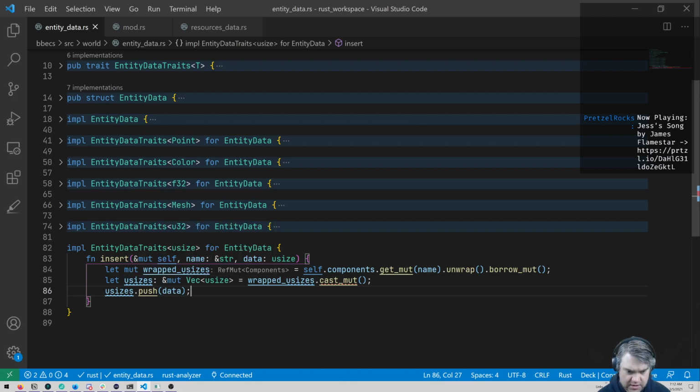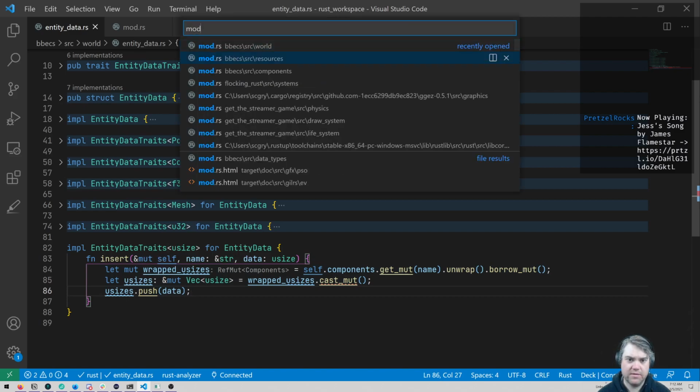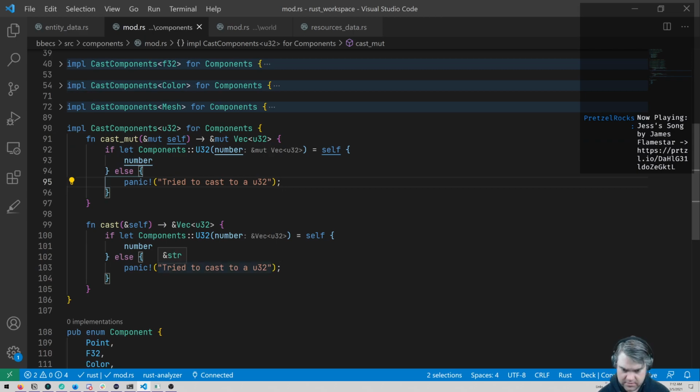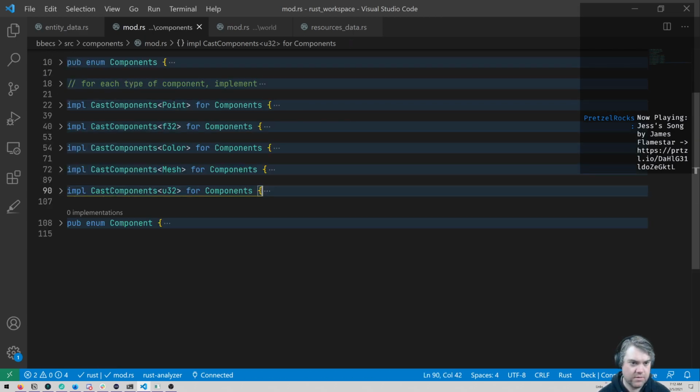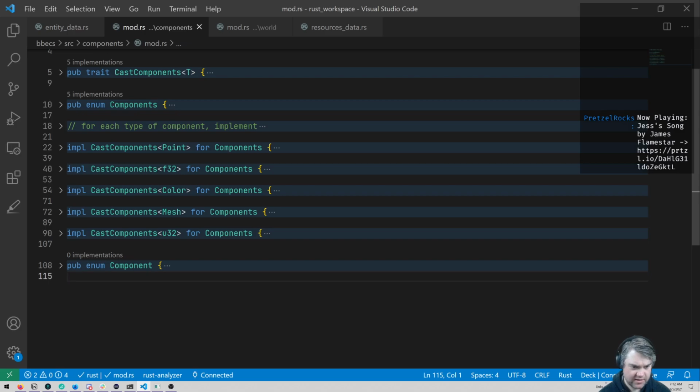So that is for each component. Yeah, we don't have a usize in here.